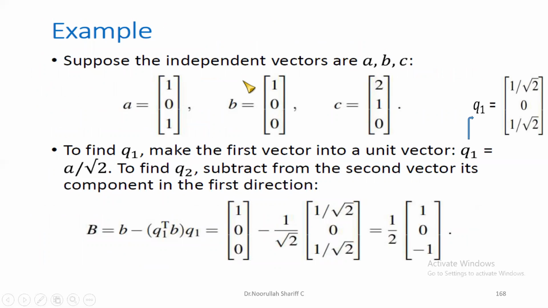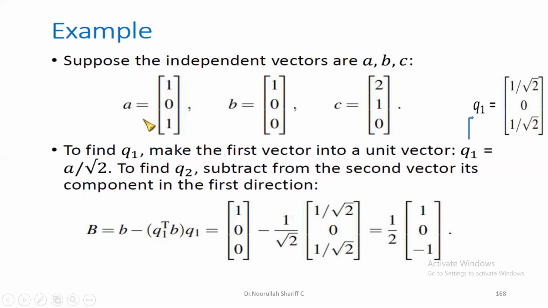So let us take an example of this. We have A, B, C. Now, these might not be orthogonal to each other. So if they are not orthogonal to each other, then we need to represent them in the form of orthogonal vectors. So first of all, when we talk about the orthonormal components, Q1, Q2, Q3 might be orthogonal, but they might not be orthonormal. So we need to convert them into the orthonormal components.